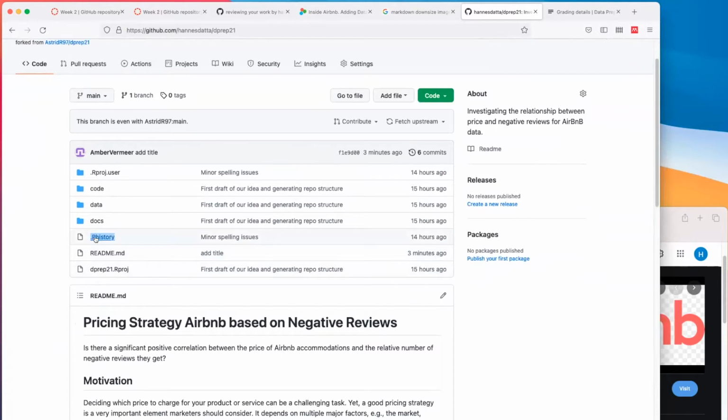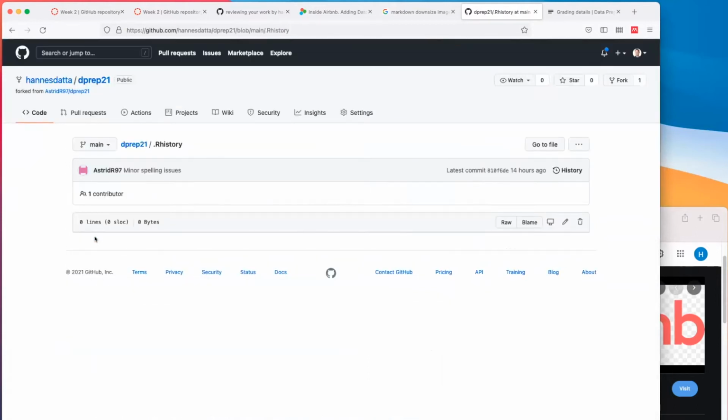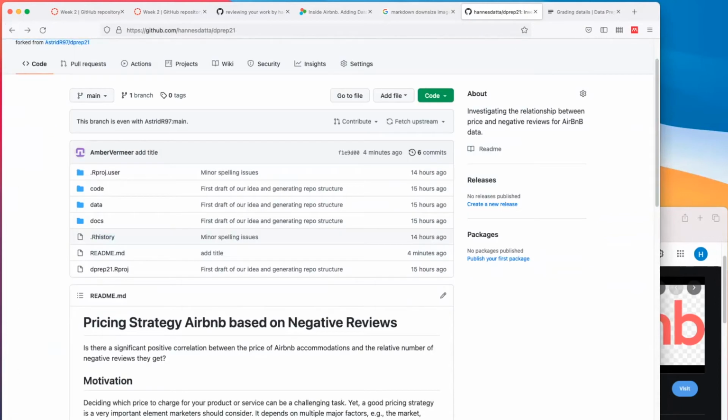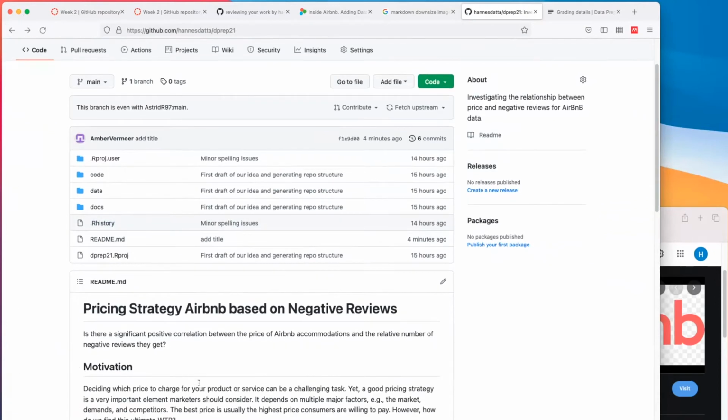A .Rhistory is essentially a history of all the commands that you have ever typed into R. But me collaborating with you on a project, I don't need access to your history. Suppose I start issuing commands, then I'll mess up this Rhistory, and when I add changes, it's going to mess this up, because you worked in Rhistory and I worked in Rhistory. So typically files that start with a dot are temporary files that you should not commit.